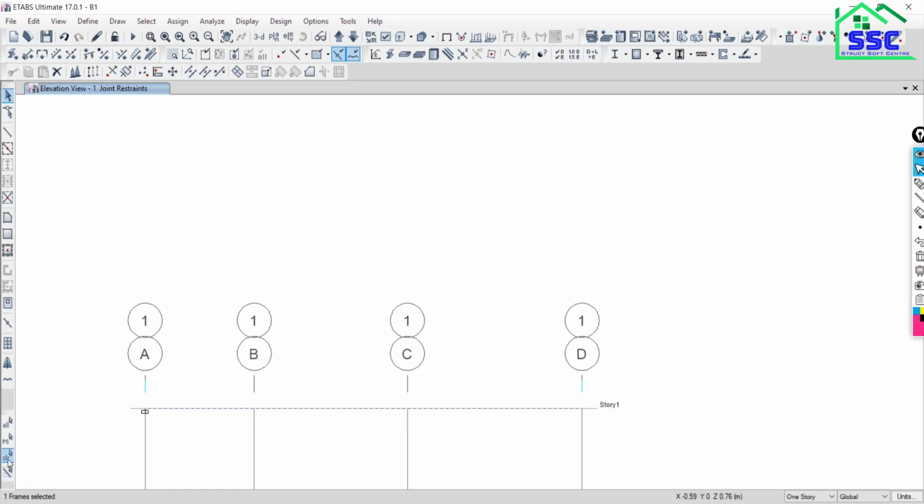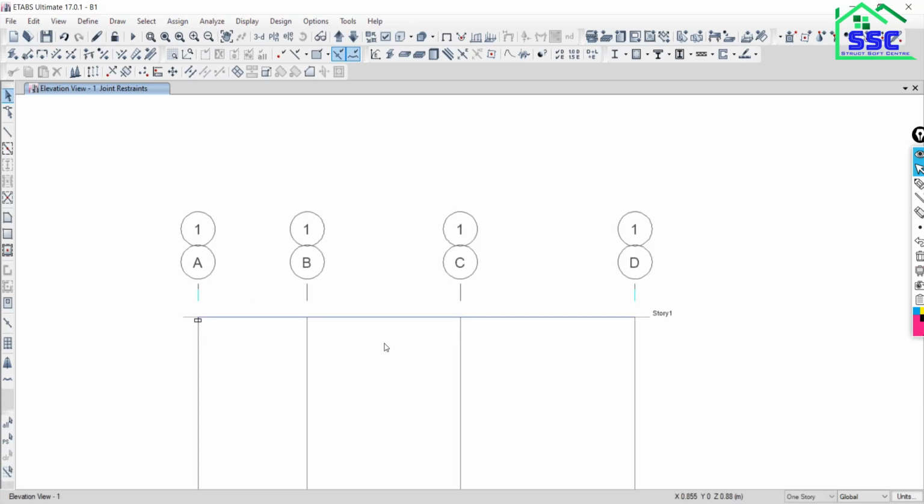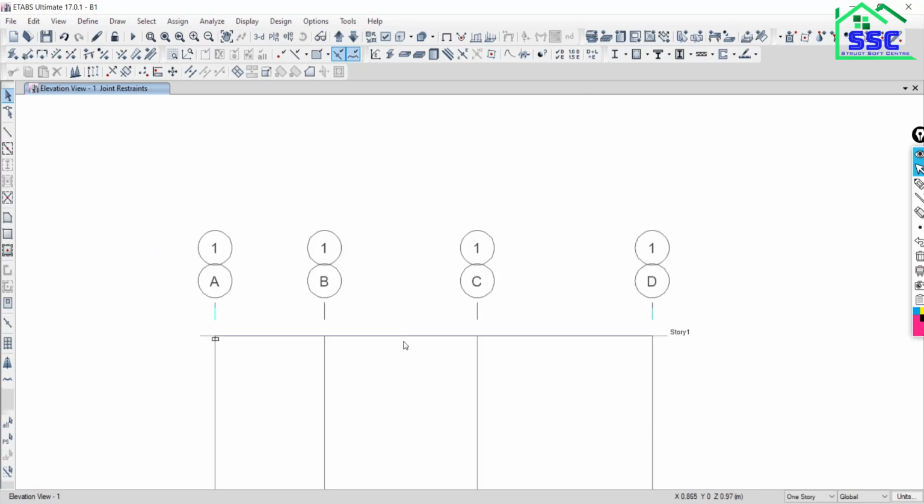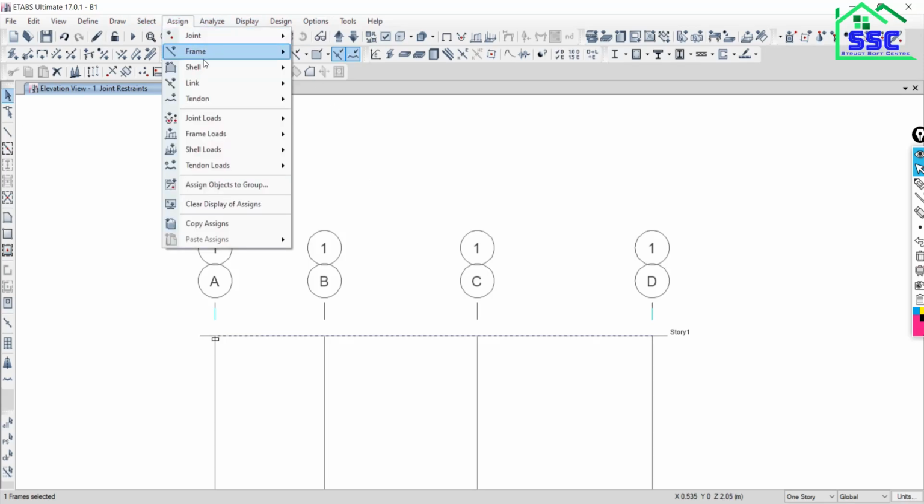There is another option to assign point loads over the frame. How can we do this? First select the frame where you want to assign the load. Once you select this beam, go to Assign. This time we don't go with the option Joint Loads. We have to go with the second option, Frame Loads. In Frame Loads we have to assign the Point load.